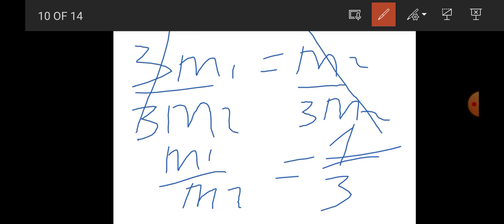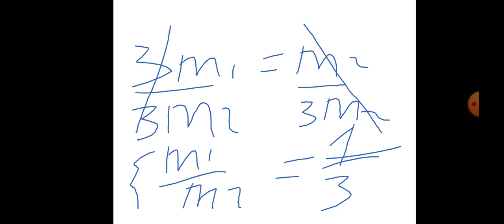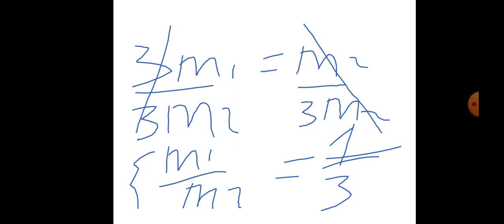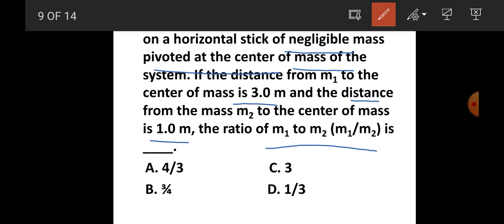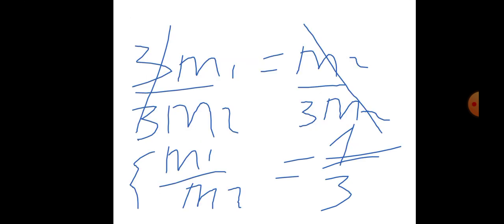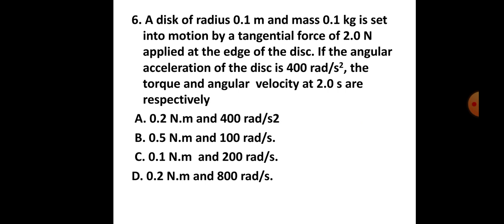The ratio of the two masses m1 over m2 is equal to 1 over 3. Therefore the answer is D, 1 over 3, the ratio of the two masses. Next, the sixth question: a disc of radius 0.1